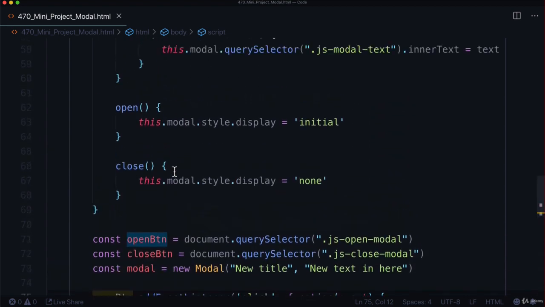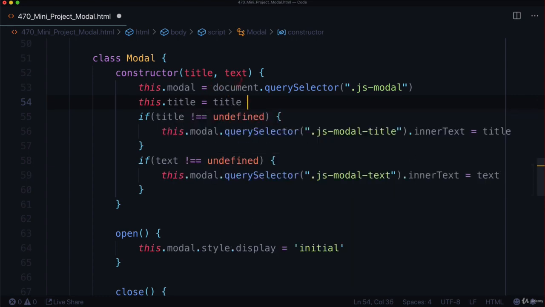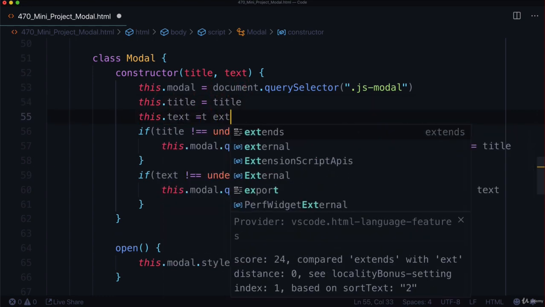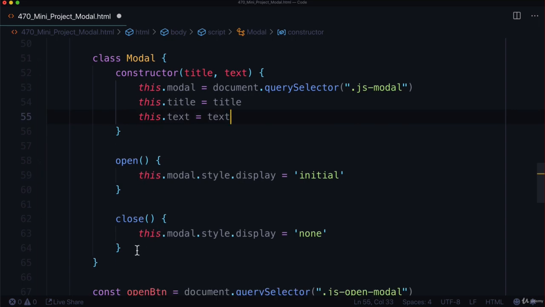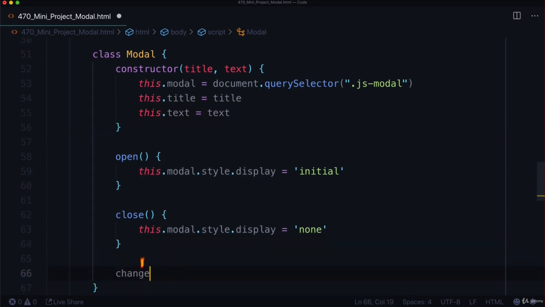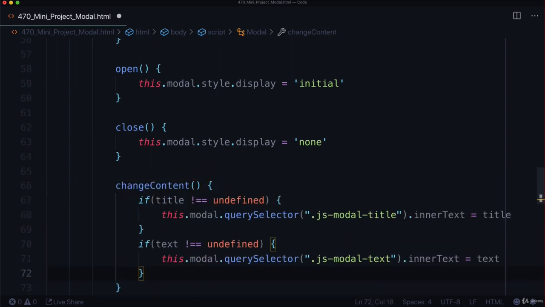In fact, we could actually even take this one step further, and we could say this.title is equal to title, this.text is equal to text, and then we could throw this into its own method as well. So let's go ahead and say new method, changeContent. This does not need to take anything. Let's just throw this in here. And we're going to say if this.title is not undefined,